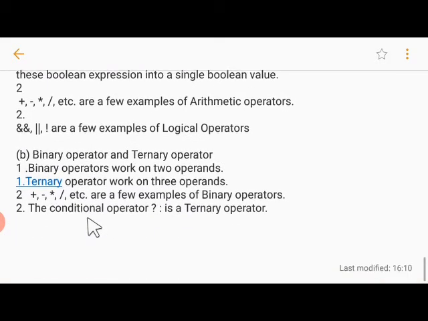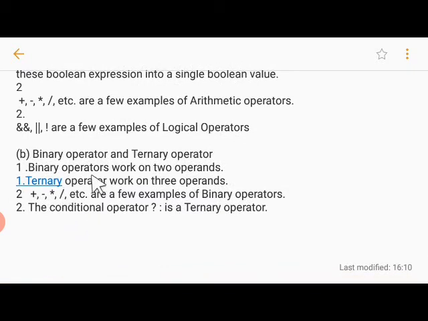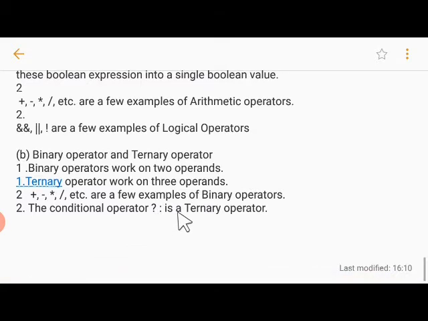Okay, now we talk about the binary and ternary operators. Binary operators operate upon 2 operands, ternary operators work upon 3 operands. Now the second difference: plus, minus, asterisk, division, etc. are a few examples of the binary operators, and the conditional operator, question mark and colon, is a ternary operator. Alright,